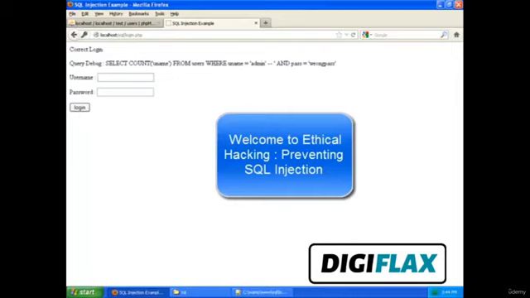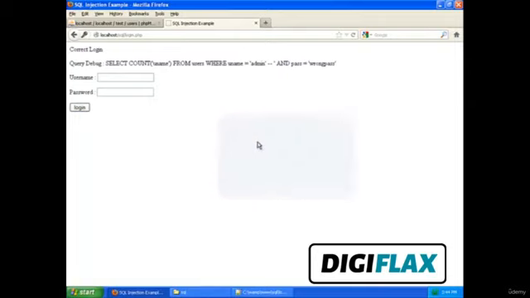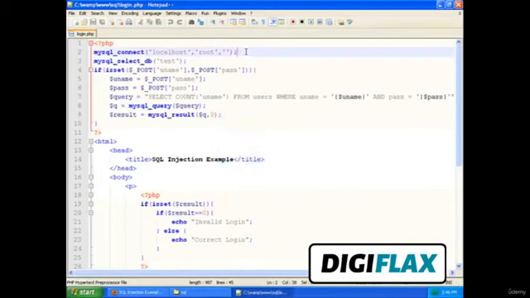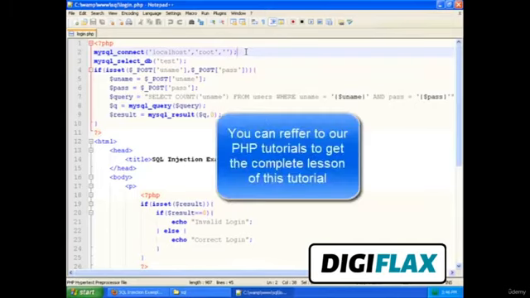Welcome friends. In both of our previous tutorials, we have learned how we can perform SQL injection and log in to a system where we don't actually know the password. In this tutorial, I'll teach you how to prevent such SQL injections. For that, let's take a look at our login script. As I said before, to understand this tutorial completely, you should have knowledge of PHP.